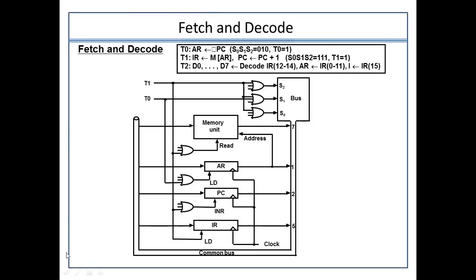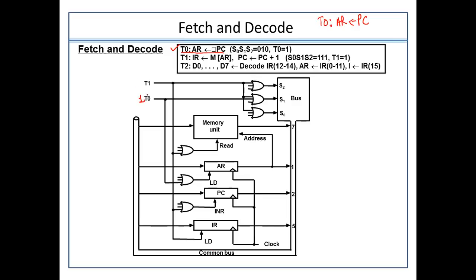So my point here is that we have already studied the fetching phase. What will happen in the fetch phase is that at the T0 clock pulse, the program counter will be responsible for transferring its data to the address register, right? So let's understand that this is a common bus system. We have only used the registers which we need for this instruction only. That's why we have not designed the complete diagram.